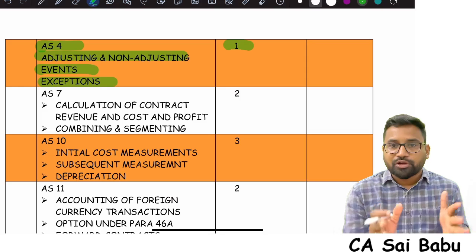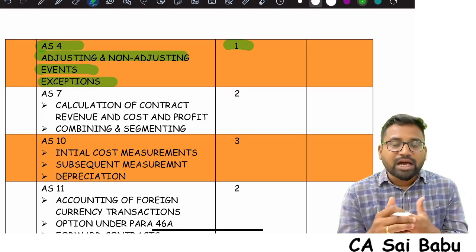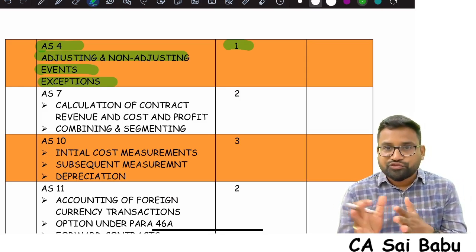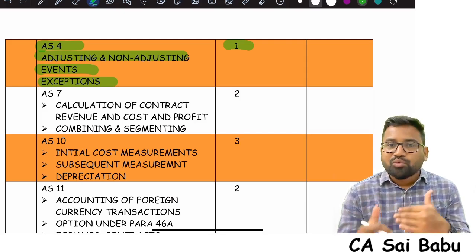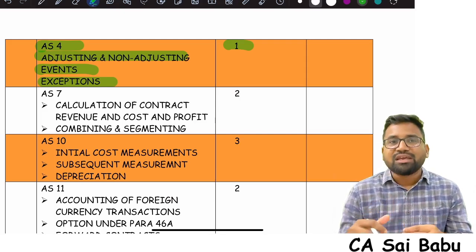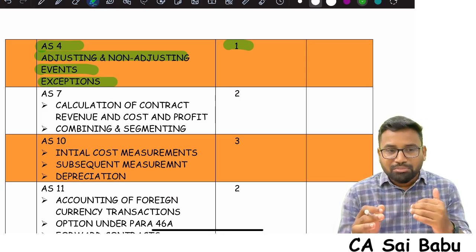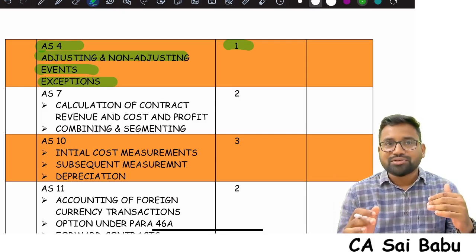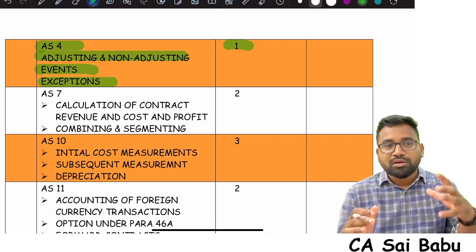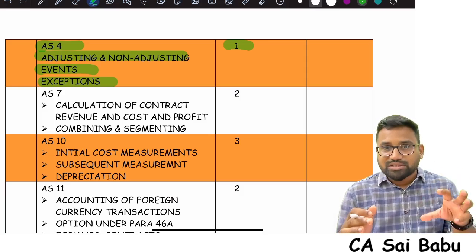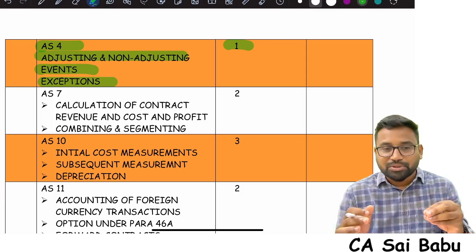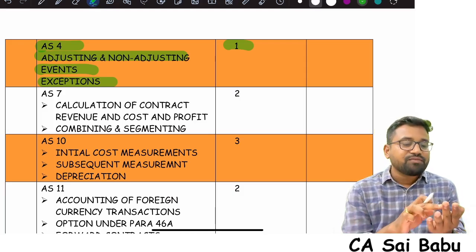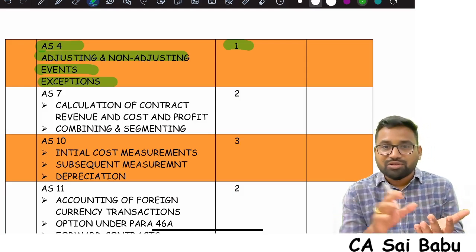And see, one important point, sir, when students are writing answers relating to the questions of accounting standards, they are making oversimplification, sir. They are writing everything in their own words. See, remember, when you are referring to accounting standards, auditing standards, or law, any provisions from the law, you should not miss the technical words, sir, because the person who is correcting the paper will see from the key. If this word, if this sentence is there, he will give the marks.